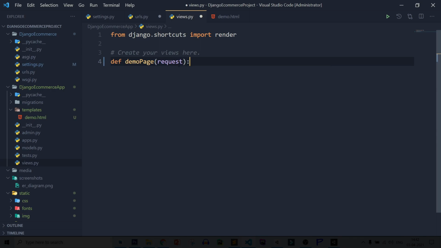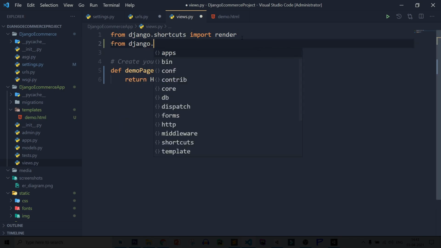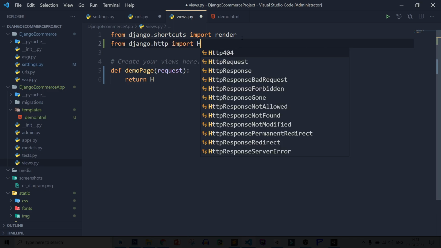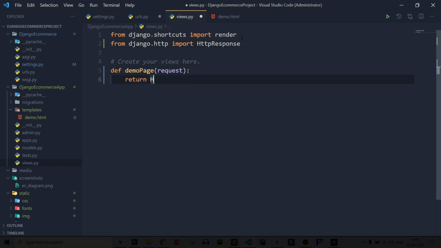So request contains all the params which are coming from a form or methods or anything. After that return some message. So return, let's import HttpResponse. So from django.http import HttpResponse. Then HttpResponse, let's add some demo page.